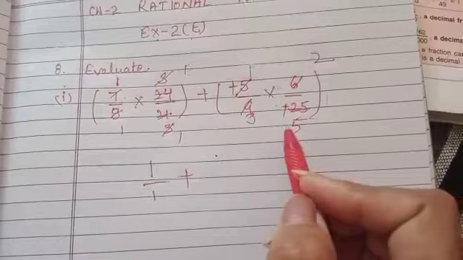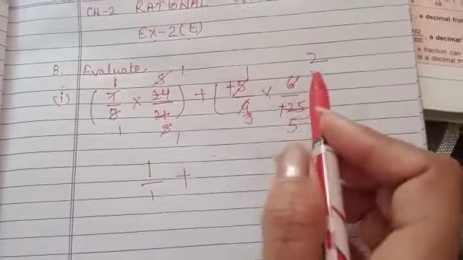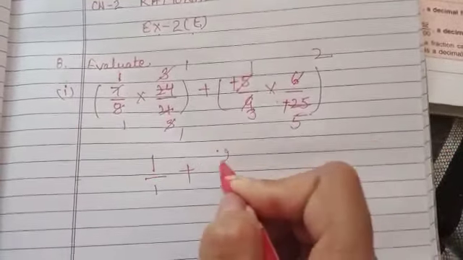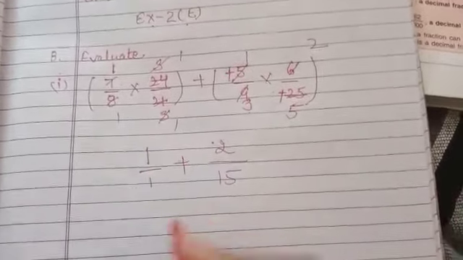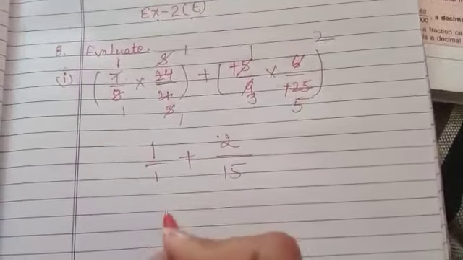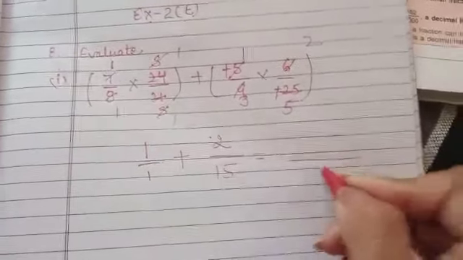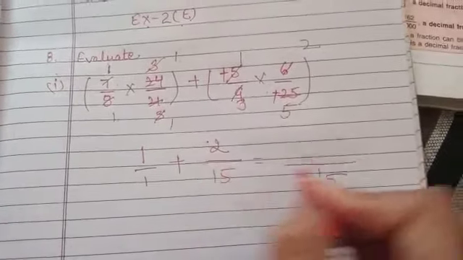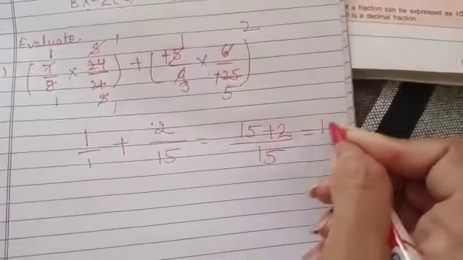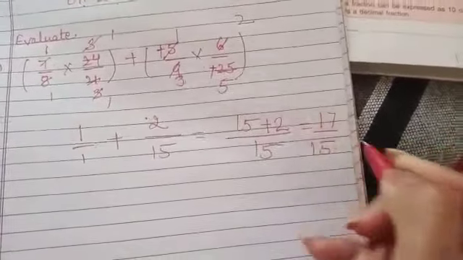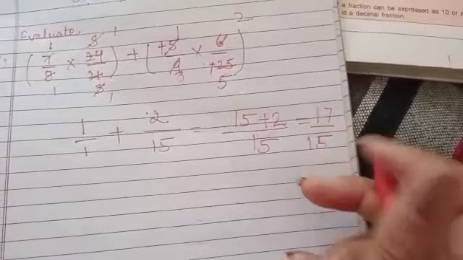Now we can't cut the numbers anymore, so we multiply: 2 ones are 2, 3 fives are 15. Right, we can take the LCM and it will be 15 plus 2. We will get 17 over 15. Either you can write it like this, or if you want to change it into the mixed fraction, then after dividing like this,